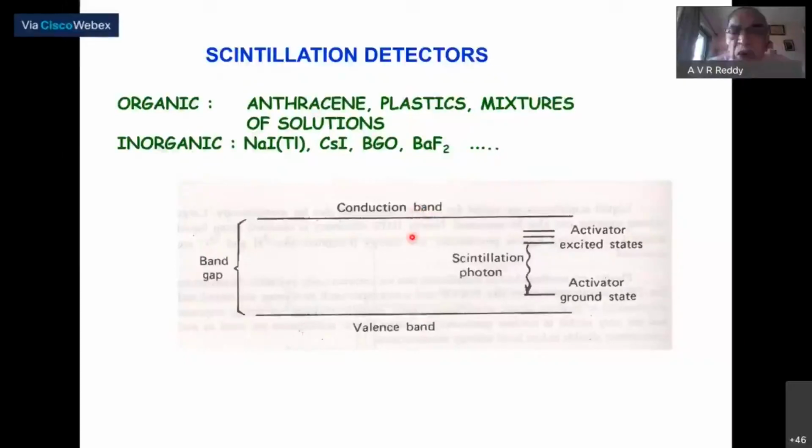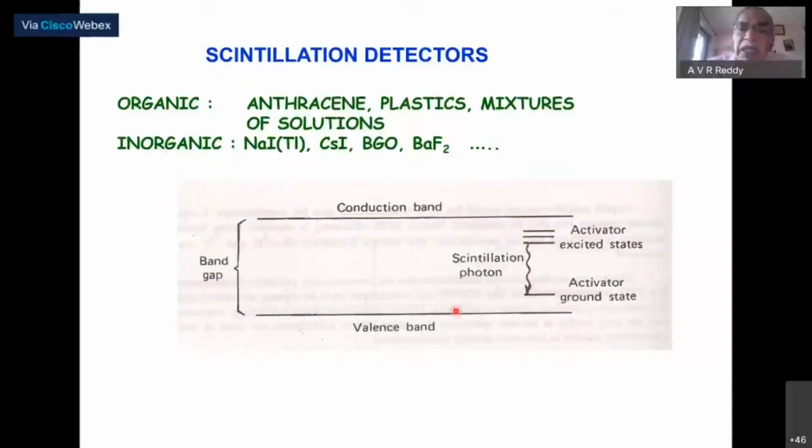And this photon corresponds to the UV region. Most of the photomultiplier tubes were not compatible with the UV region in those days. Of course, nowadays people have fabricated UV-compatible PMTs also. Therefore, what is done is, it is doped with a material that has intermediate states. That doping is called activation, and the material is called an activator. It has intermediate levels.